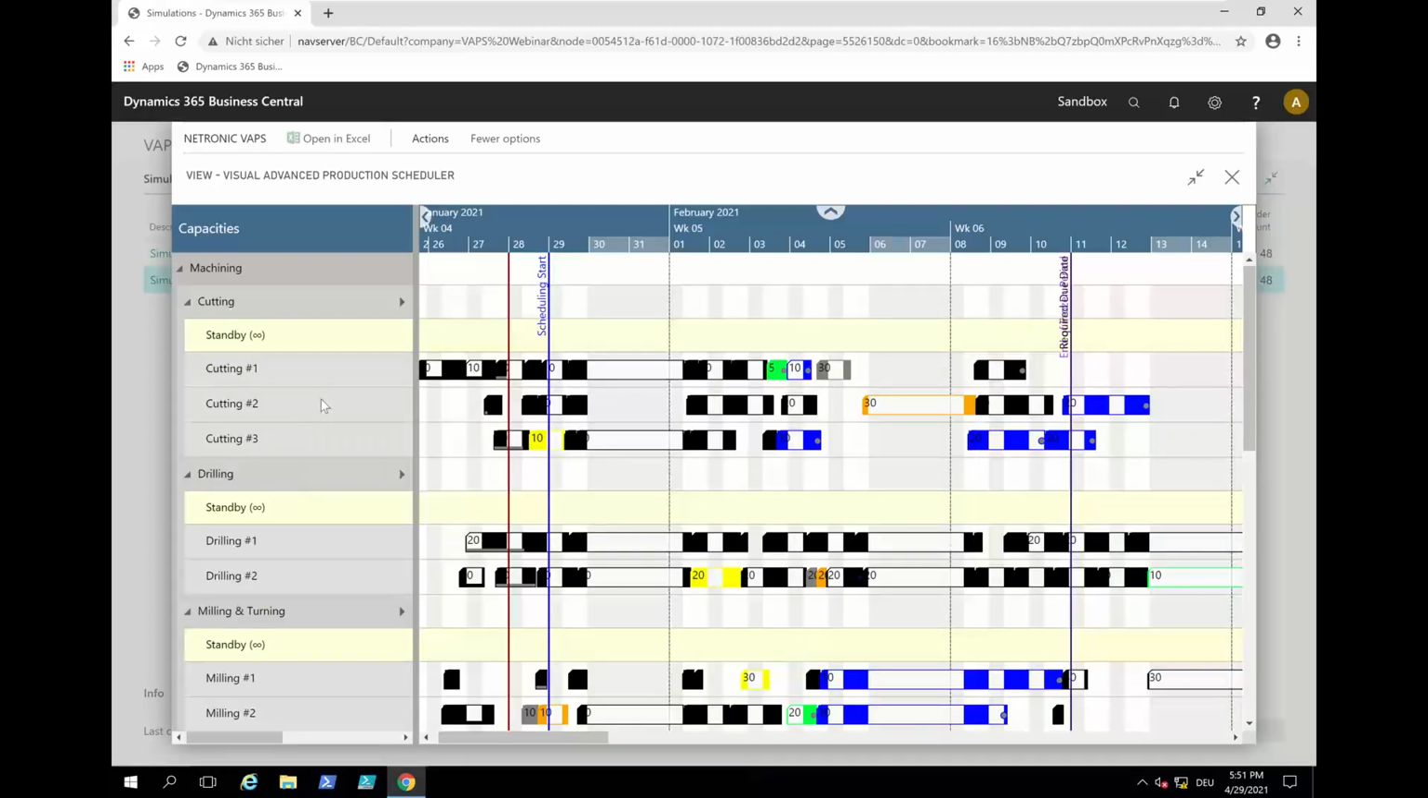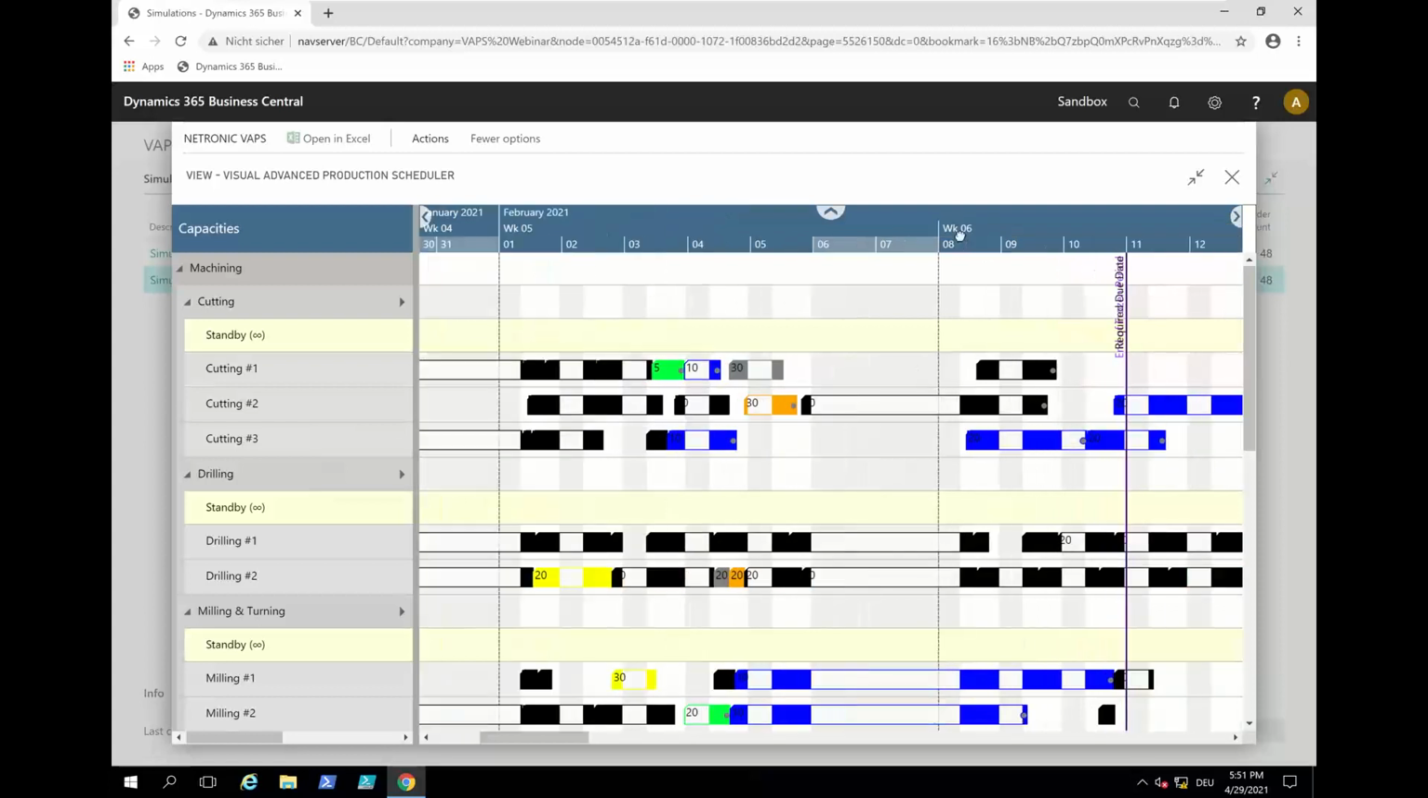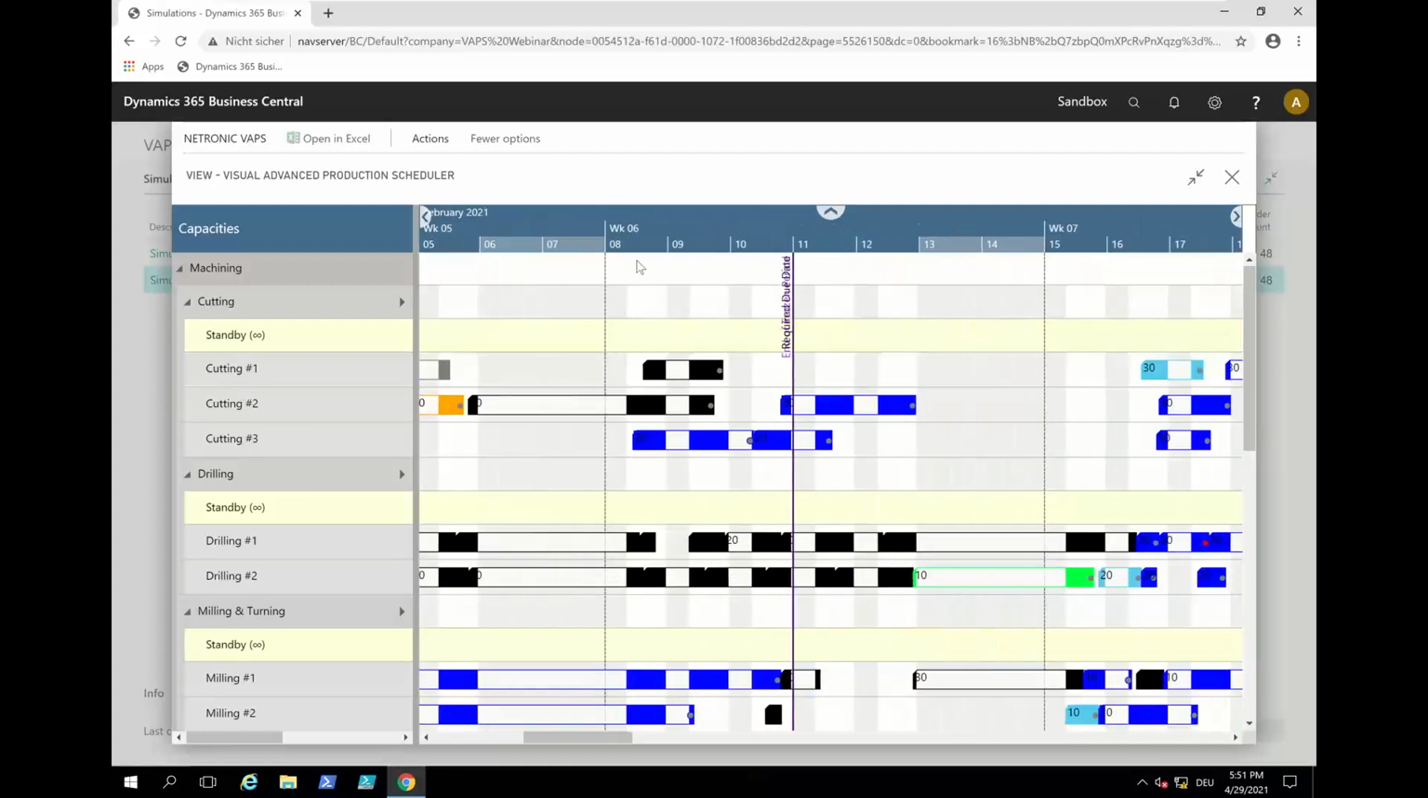So same here, if I do so, let's see if this orange one moves. If I do so, fill gaps on machine center, then orange and black one got moved. So then the last thing that we implemented with the VAPS is the capability to manually schedule or